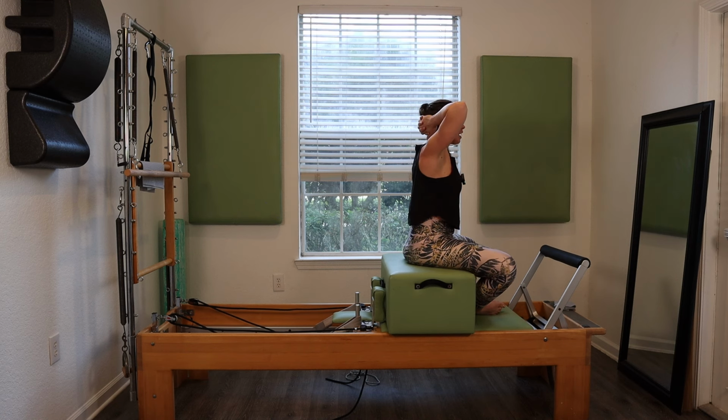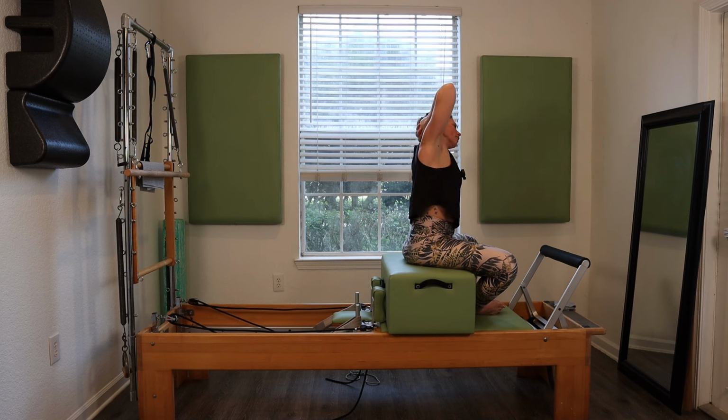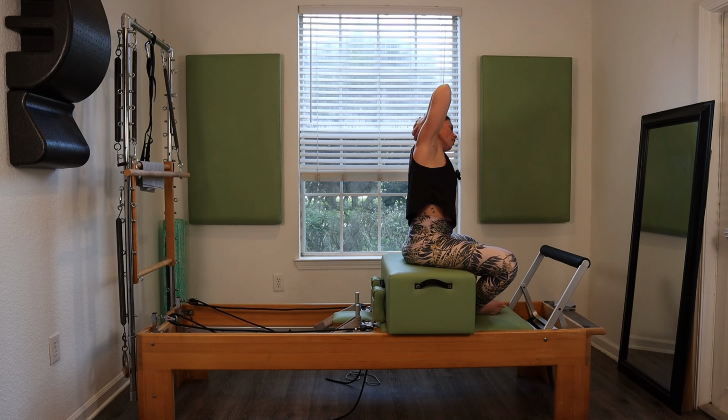All right, so legs and hips don't move. Just side bend up and over to the right. Think of that head just gently pressing back into your hands, and then lift right back up. We lift up and over to the left. Right hip stays down, and then back up. So even here, I want you to think broad upper back rather than super wide elbows. Last one, up and over,